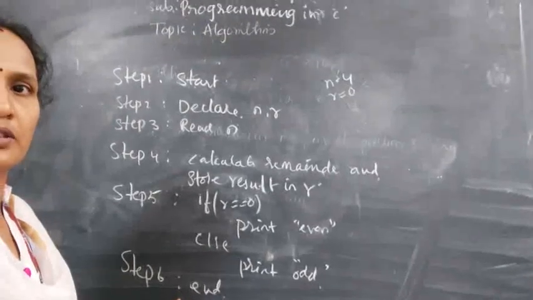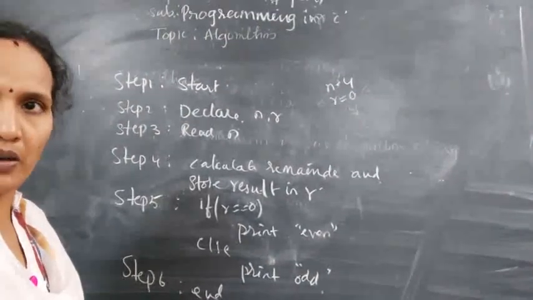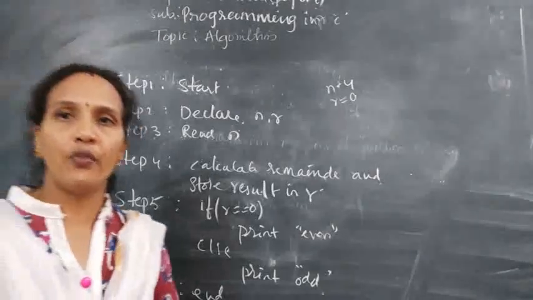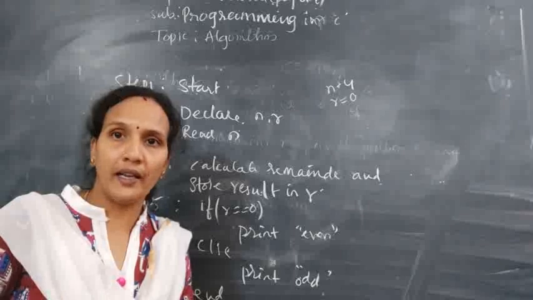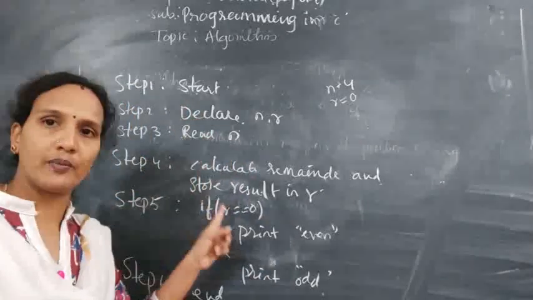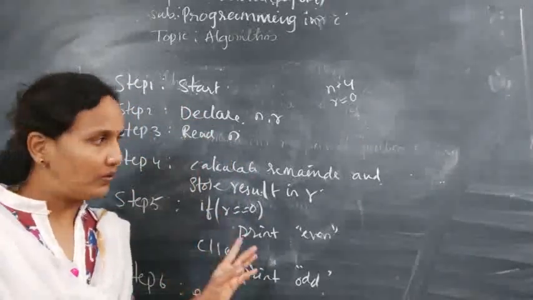Understood? So this is a step form algorithm. This is also one of the forms. It is also one type of algorithm, but here we are presenting the steps using written statements. Okay, now you write this down.